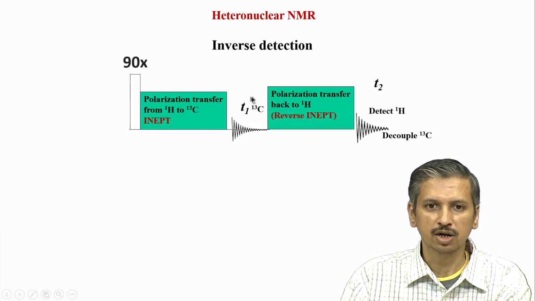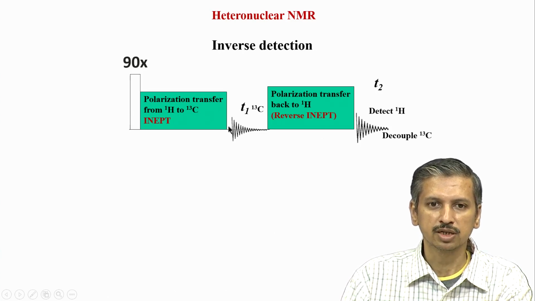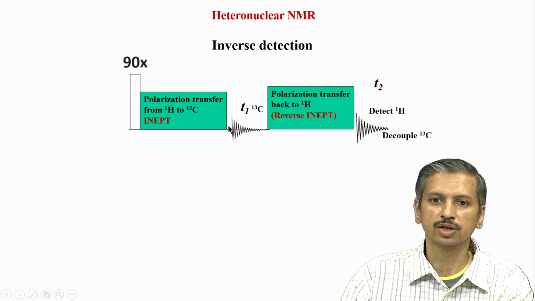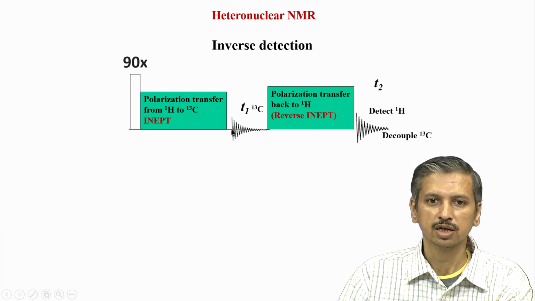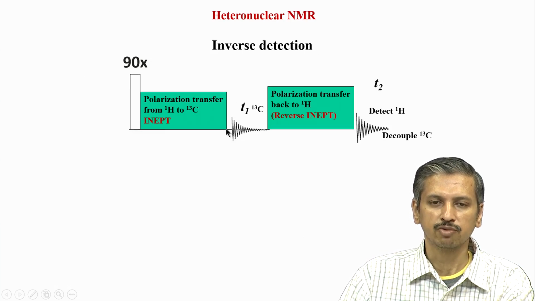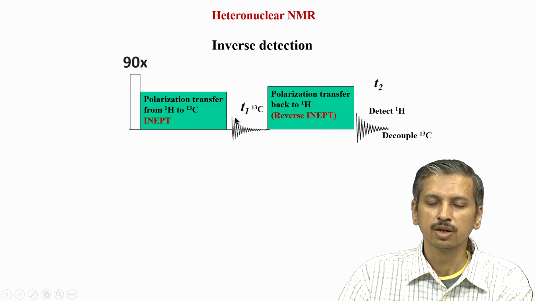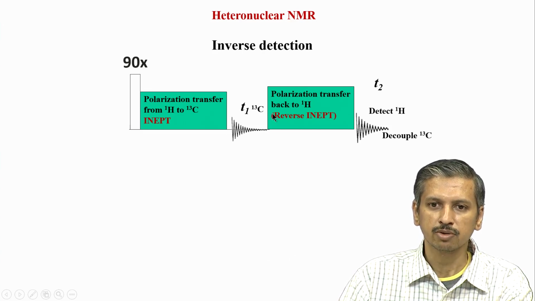Now, once we arrive on carbon by polarization transfer, we excite the carbon. Remember, here we have excited the proton and only transferred it to carbon. We have not excited the carbon yet. So, we need to apply a pulse here which is not shown. When you see the actual pulse sequence, you will see a pulse on carbon 13 which will now excite the carbon, and the carbon will evolve with its frequency during this period labeled as T1.